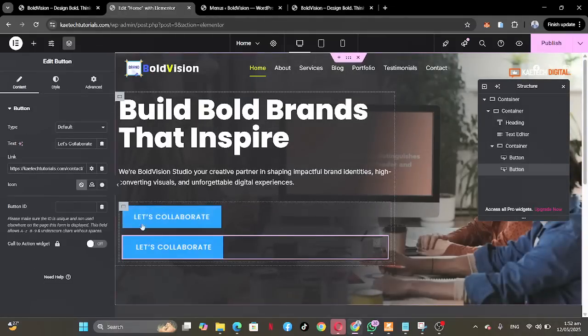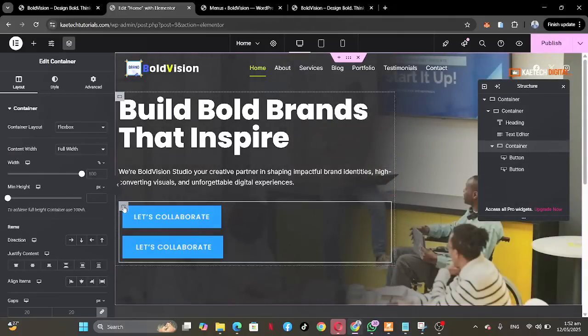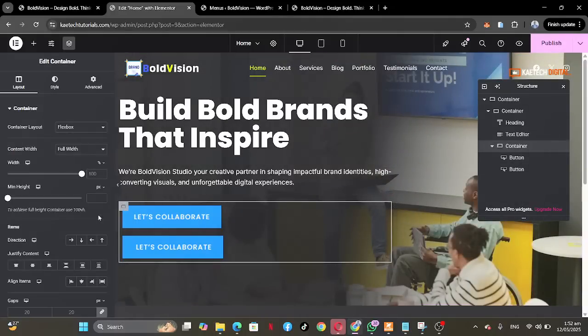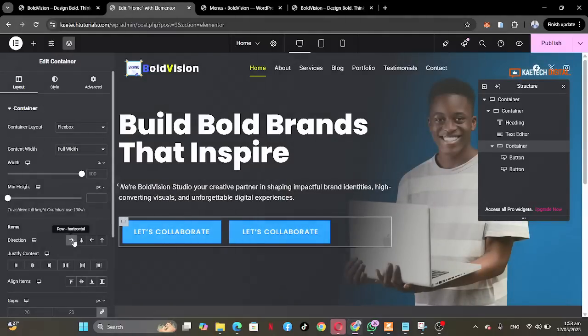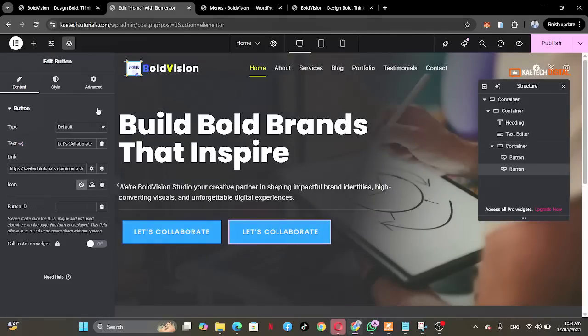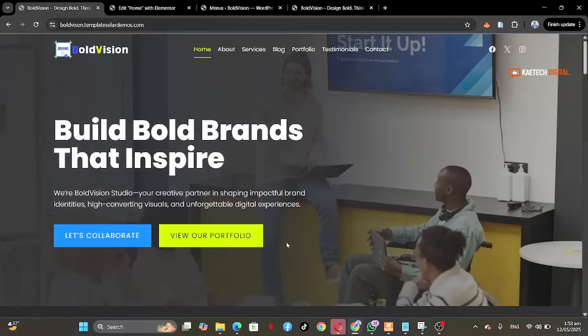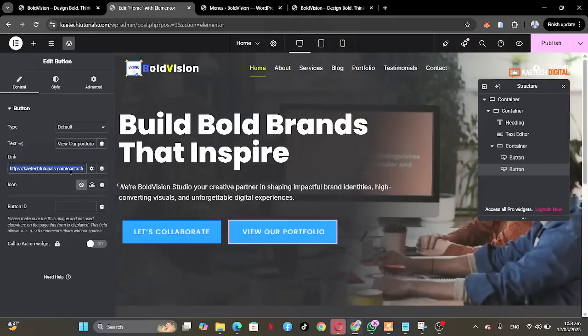I'll duplicate this one, and I'll click on this edit container icon over here, and the direction row, I'll make it something like this. So it's gonna be something like this. Now with this one, instead of the let's collaborate, it's gonna be view our portfolio. So I'm gonna just link it to the portfolio page. So it's gonna be this particular one,